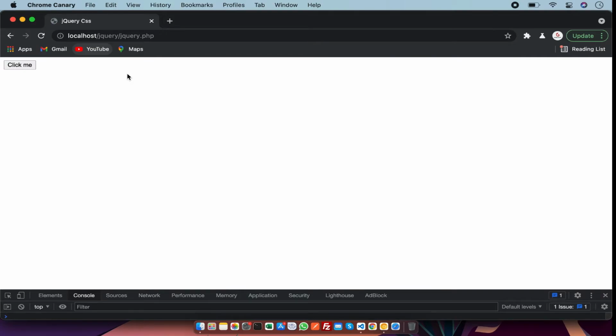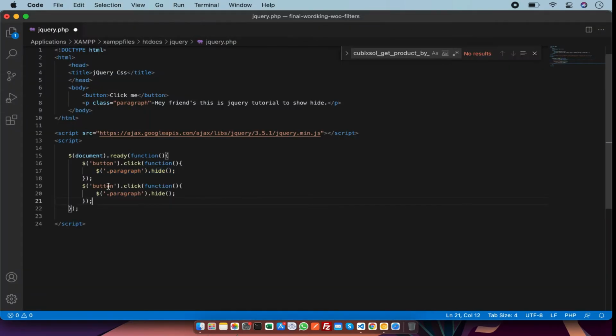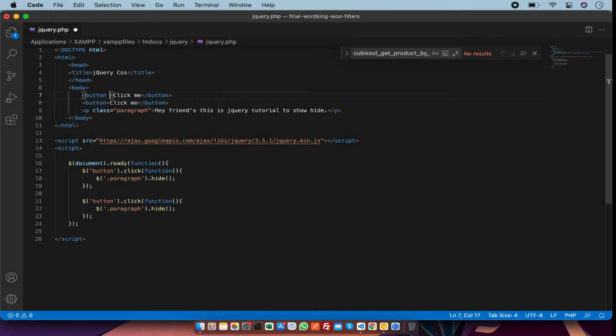Now it is working. On the other side I can also show the div on another click. For this we have to specify a class button1 and another class button2. So I am going to put it there with the dot and also there with the dot.